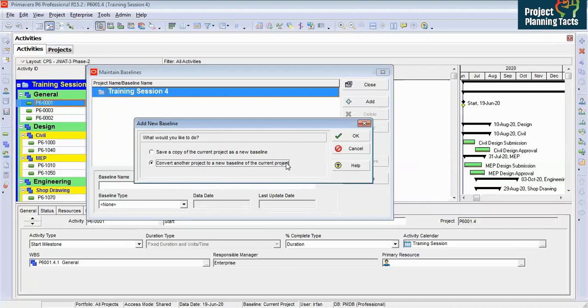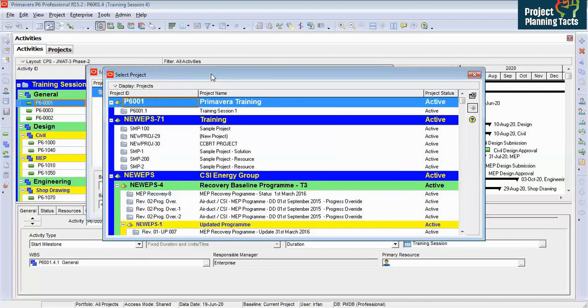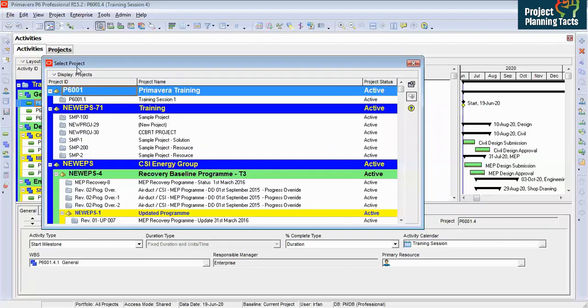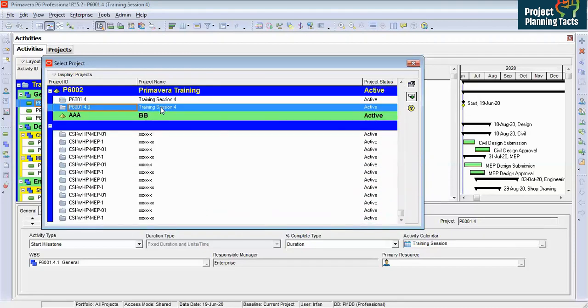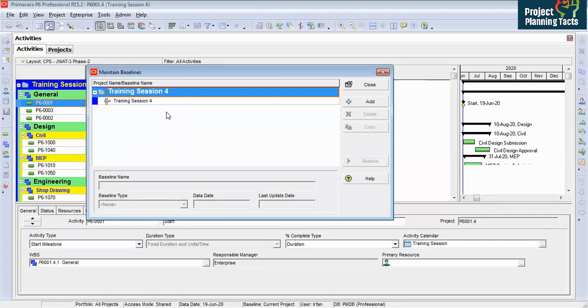We are going to use that option. Click OK, and a window opens asking to select the project. As I told you, I have already copied the project here. That is the project which I am going to maintain and assign. So click on it, click the Select button. It might take a few seconds. So let's say you have 2 or 3 programs, you can maintain 2 or 3 or more than one program here. So let us close it.